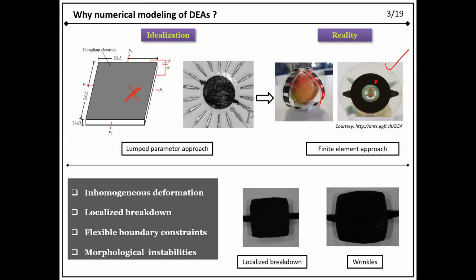So in order to model such kinds of actuators, or such behavior, what is required is a numerical scheme or numerical method. One of the methods is the finite element method that I will discuss. By using the finite element method, you can obtain the displacement field at any point. I will tell you how we can model such a system that undergoes inhomogeneous deformation.